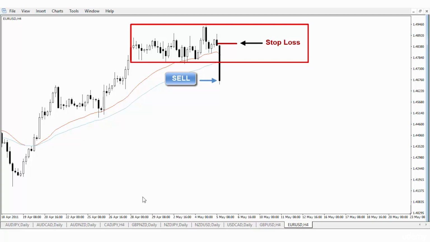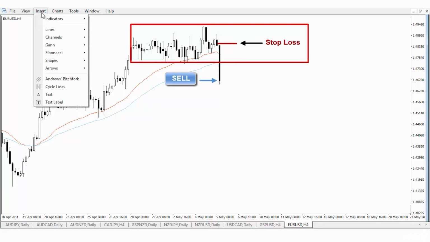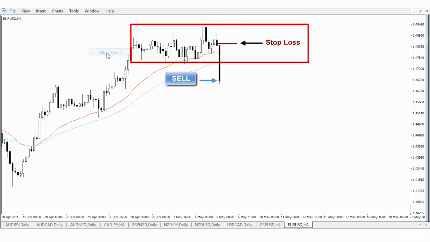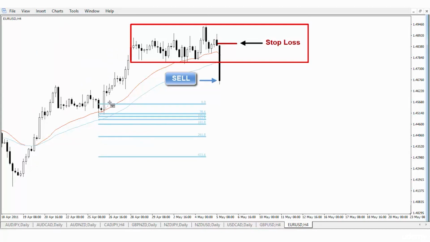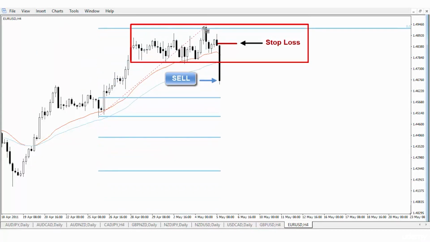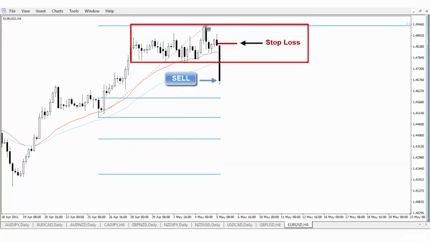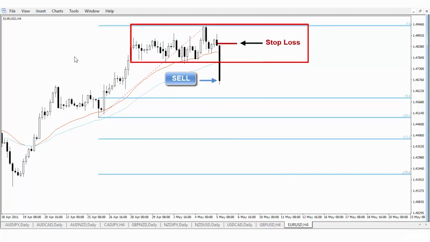So to use the Fibonacci retracement tool, just click the Insert tab at the top left corner of the MetaTrader terminal, then go to Fibonacci, and from here select retracement, and we're all done. Now click and drag from the previous higher low of the uptrend to the highest price level of the range bound pattern. And by the time we do that, you will notice that the Fibonacci retracement levels have automatically been